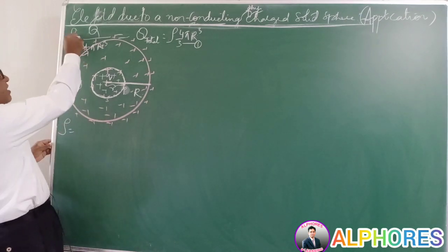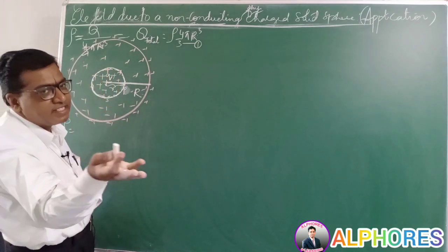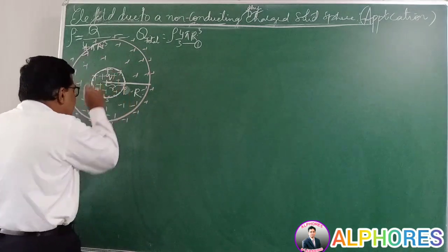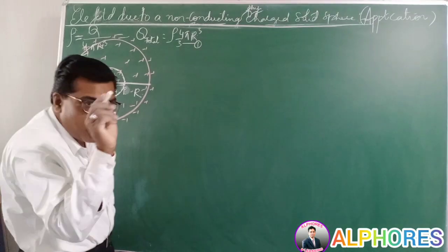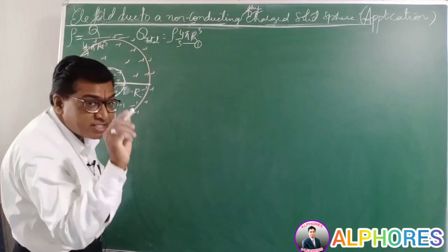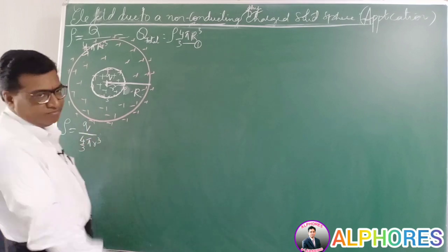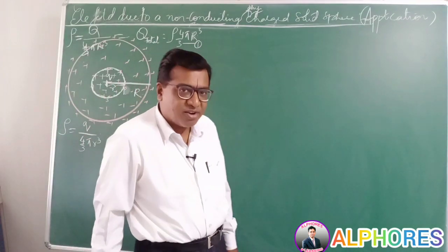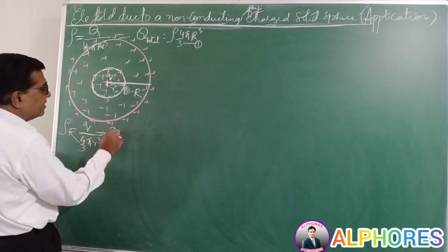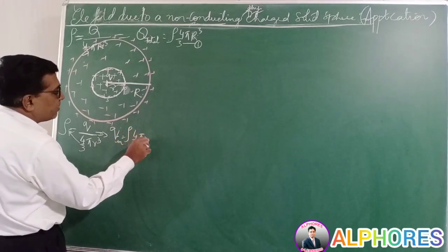Since the rho here we have considered as rho there, even inside this sphere the volume charge density is the same rho. So rho is the charge enclosed in this Gaussian surface, small q, by the volume of the Gaussian surface. I have imagined this Gaussian surface as a sphere of radius small r. So the volume is 4 by 3 pi small r cube. So q by 4 by 3 pi r cube. Cross multiplying, I get the charge inside the Gaussian surface is rho times 4 by 3 pi small r cube.